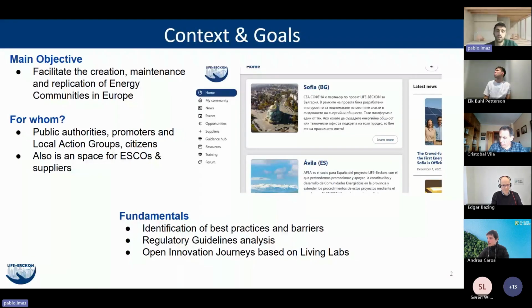Firstly, we will highlight the identification of best practices and barriers. We found that the lower user engagement, limited technical knowledge, and fragmented regulatory frameworks are the primary hurdles. Secondly, the analysis that has been carried out for the regulatory guidelines, mapping the transposition of different European directives across our validation areas that, as Edgar has mentioned, are Spain, Denmark, and Bulgaria, to provide practical legal pathways for